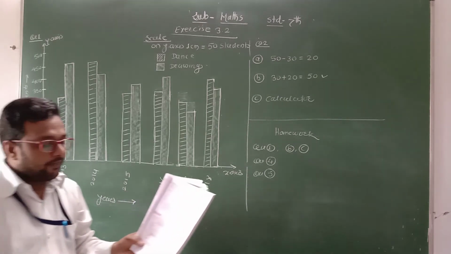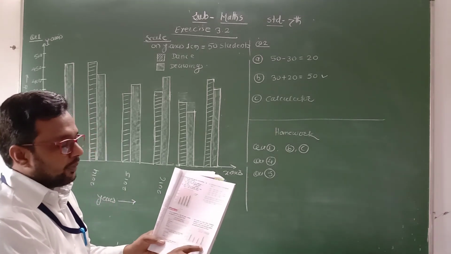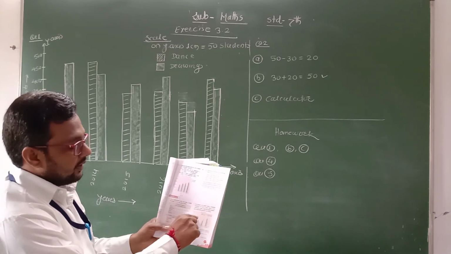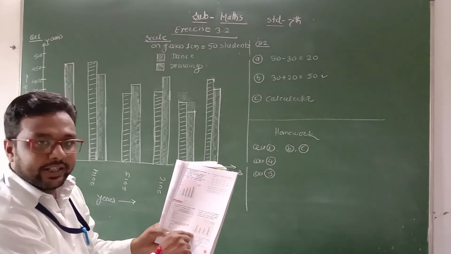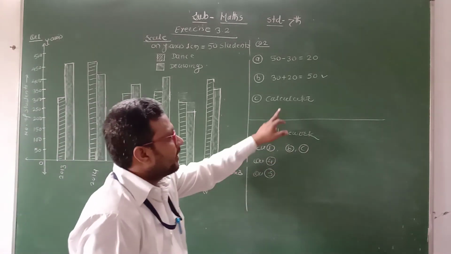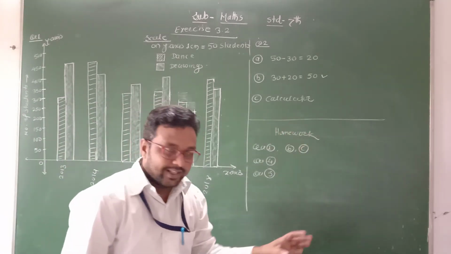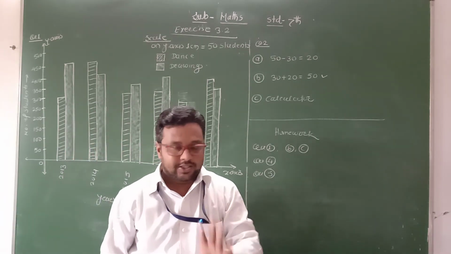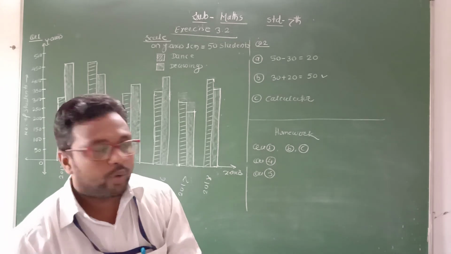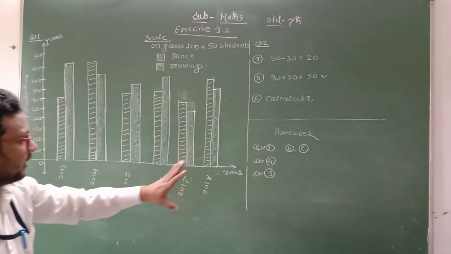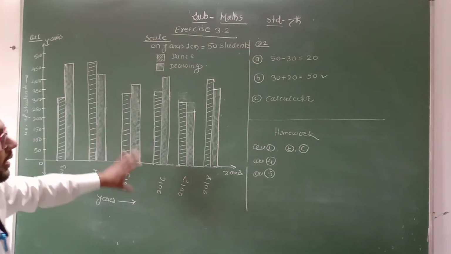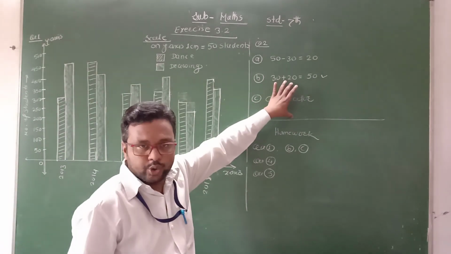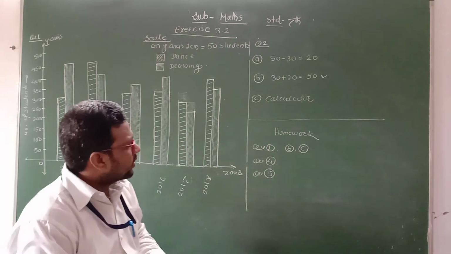So which items are here? Calculator, laptop, watches and DVD player. From this we can understand the calculator: that is 40 plus here we get 50, that is 90. Total 90 is there. Therefore the answer is what? Calculator. Clear, student? In this way we can read the double bar graph to answer the questions. Okay, student, I hope you understand both the questions. Here we construct the double bar graph and here we observe or read the double bar graph to answer the questions.